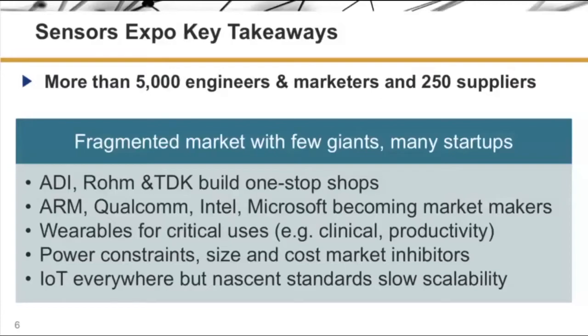Speaking of the chipsets and the IT players, they certainly were present as well. But their role, as we can observe, is to be market makers. They're not interested in actually making the chips themselves. They're going to source the sensors to push their technology, generally ARM, Qualcomm, Intel pushing their chip arrays and their